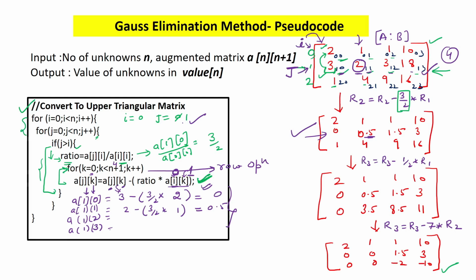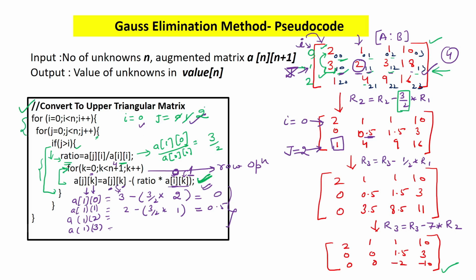Now when again this j will be incremented, this j will be 2. That means j will now be coming here. Now j is 2. So here it means that we have to convert this 1 to 0. That means now our j is pointing to this row. So we have to convert this 1 into 0. So my i is 0 and j is 2. So i will remain here only.